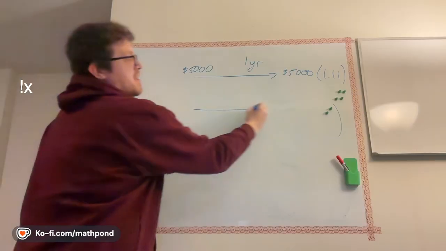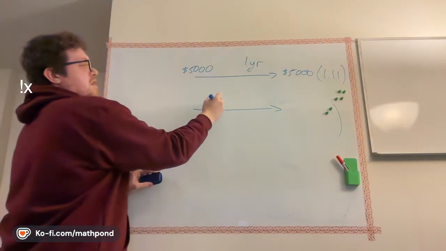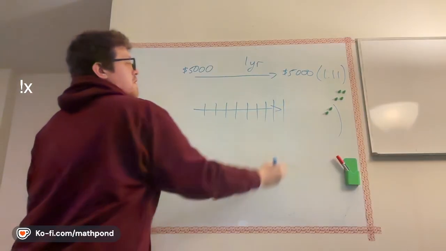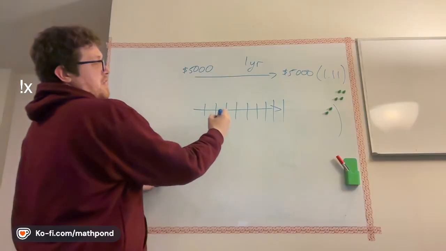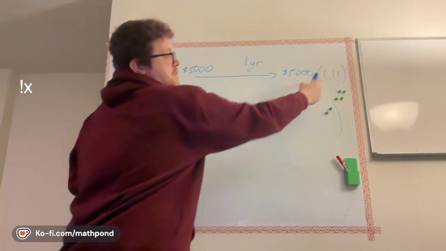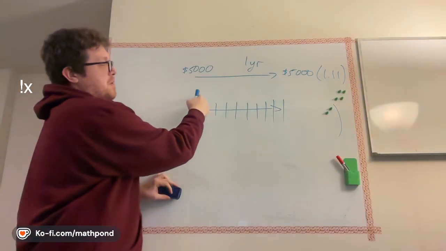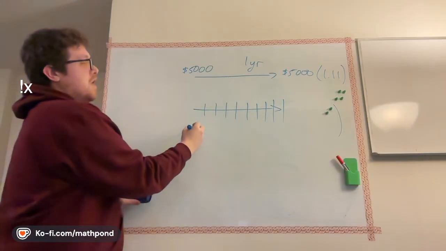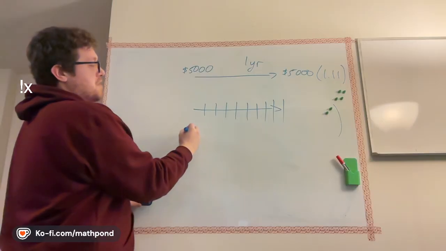Or I can break that 1 year into pieces, something like 10 pieces, and I can give out 1/10 of this interest rate every time, but then it's going to be compounding. So I start out with 5,000,